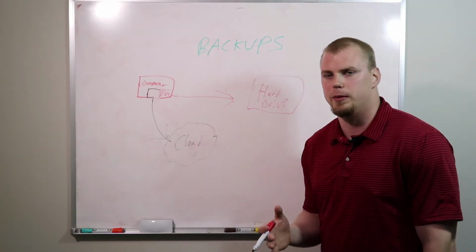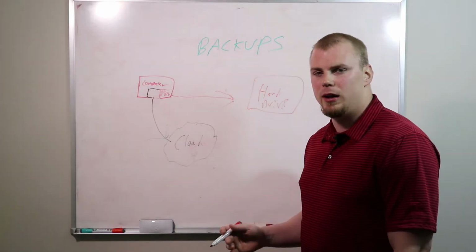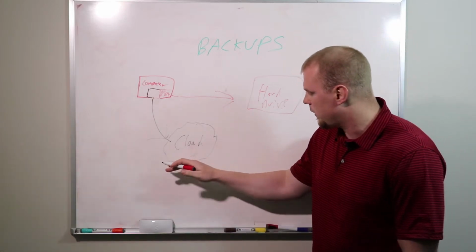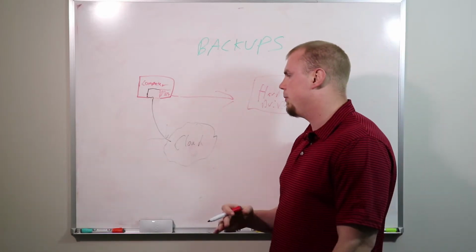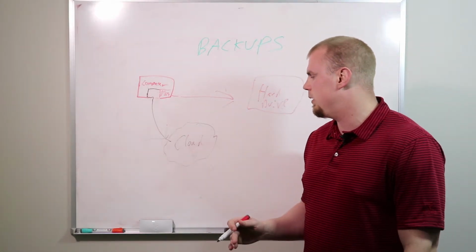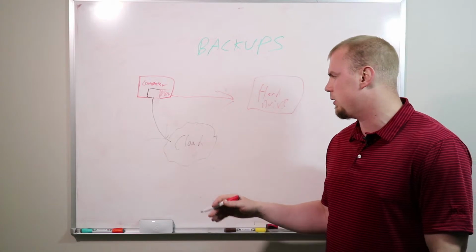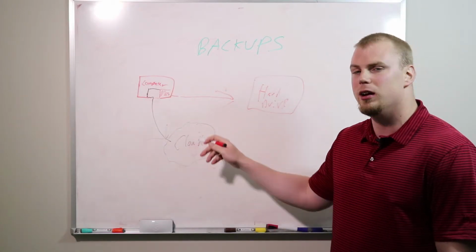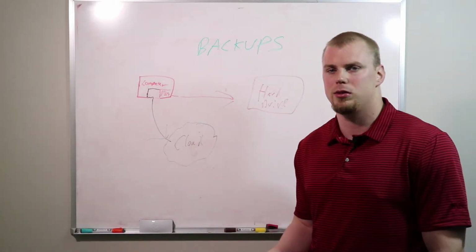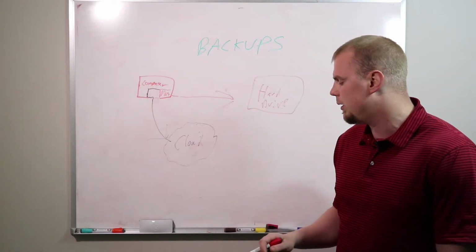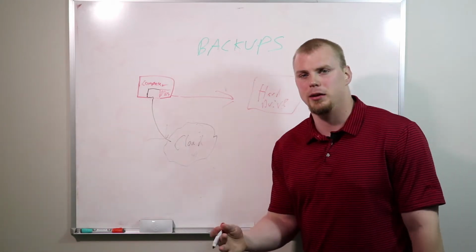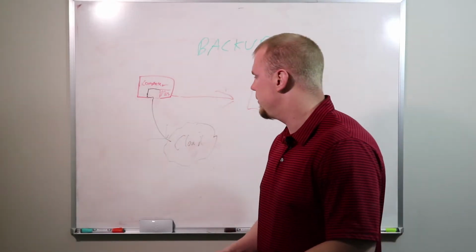And this situation's a little bit better, because if you get hit with a natural disaster and both of these get wiped out, you have this out in the cloud to protect yourself. Ransomware is kind of a so-so thing, because ransomware could encrypt the files on here, which then sync to here, and then your files are encrypted on both of those. Depending on your backup solution, you might be able to restore from an old backup. It just really depends. So that's a little bit better of an option. Finally, we got the third option, which is the best one.